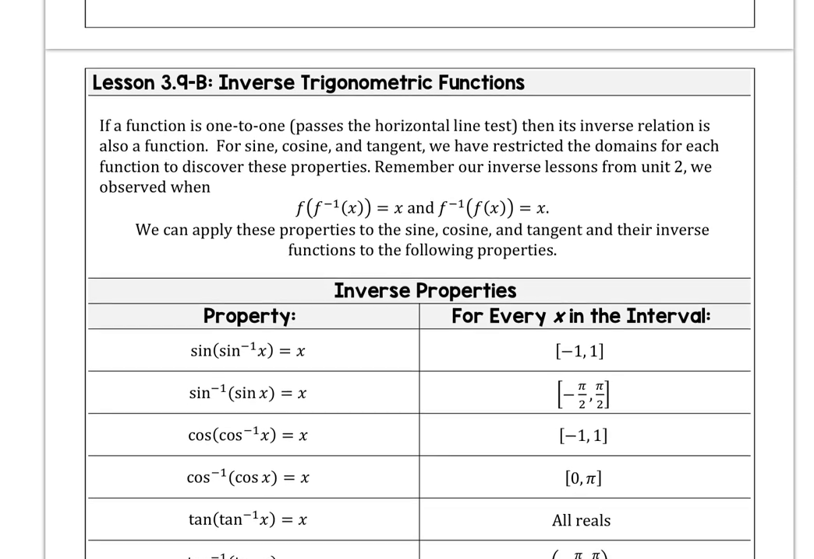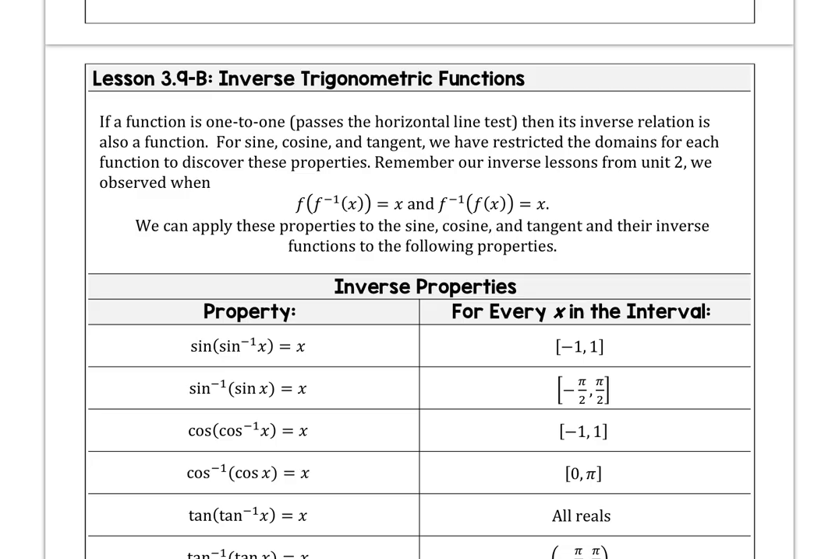So if we have an invertible function for sine, cosine, and tangent, that means we've restricted the domains. We talked about this in the last lesson for each of those functions. And we can apply the property of inverse functions. If f of f inverse of x equals the identity x, and f inverse of f of x equals the identity of x, we can apply these properties to sine, cosine, and tangent and their inverse functions to the following properties. So I'm not going to read through each one of them, but sine of sine inverse of x